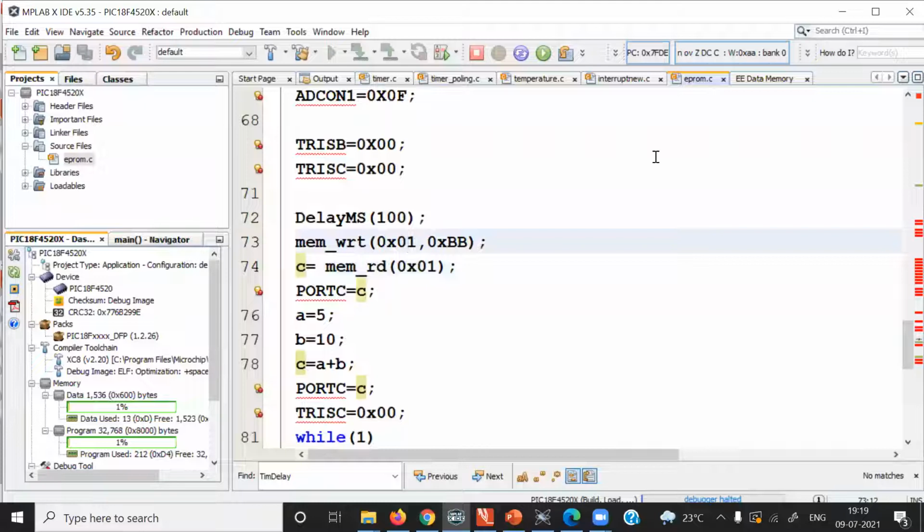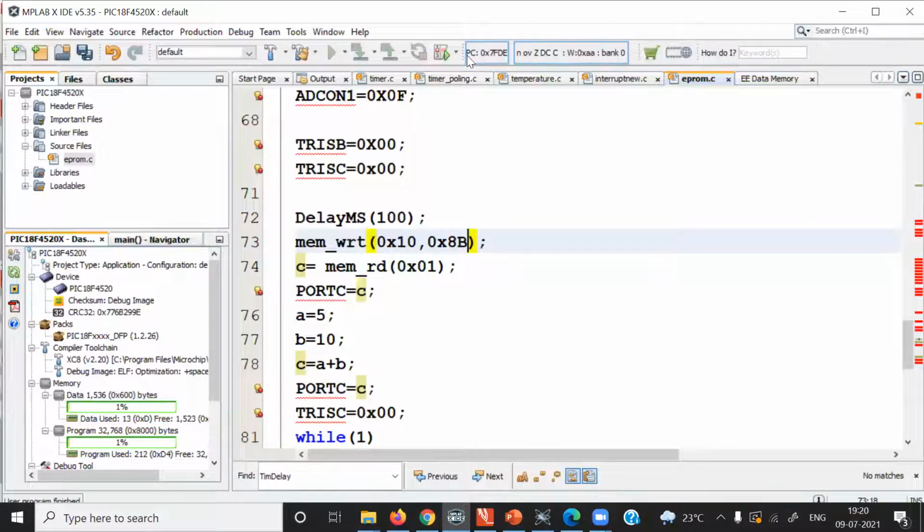Now I will go back to the program and modify the EEPROM location. Let us write data to 0x10. I am writing a different kind of data, let's take 0x8B. I am writing data 0x8B to which location? 0x10. So let me rebuild the program.